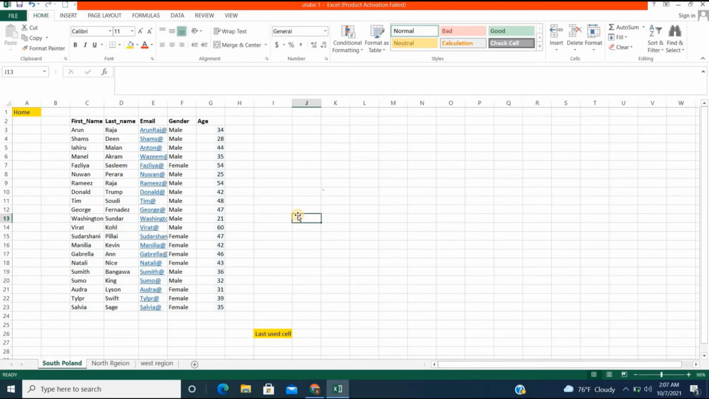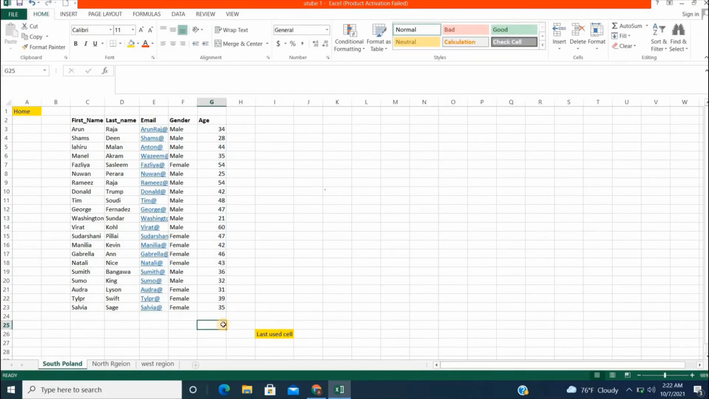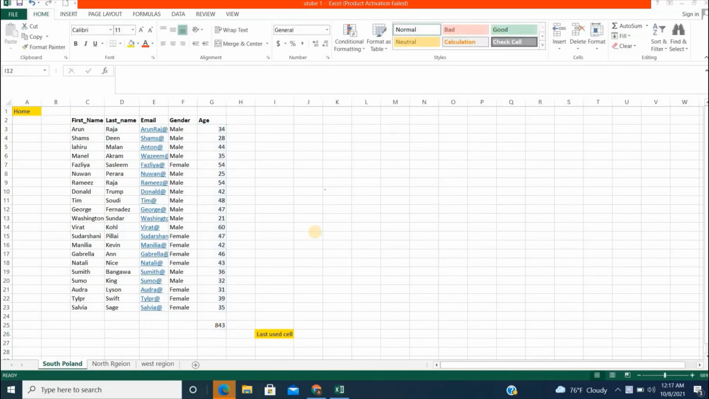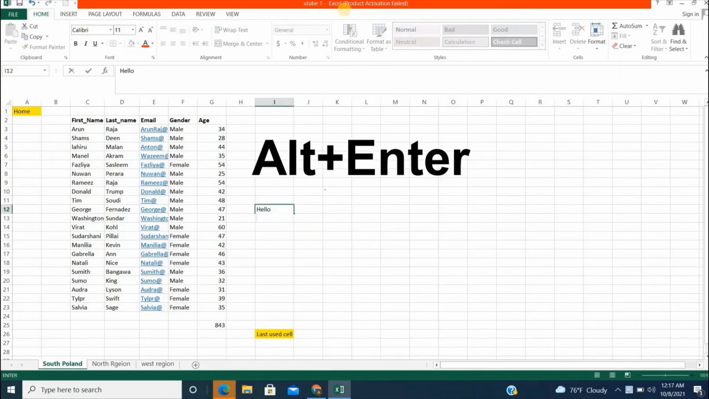Before finishing this off, I would show you a few more shortcuts. Firstly, if I click on cell G25 and use the key combination Alt equals, which will instantly sum up the range of numbers above. Enter. If I want to create a new line in a cell, for example hello, Alt enter, new line,